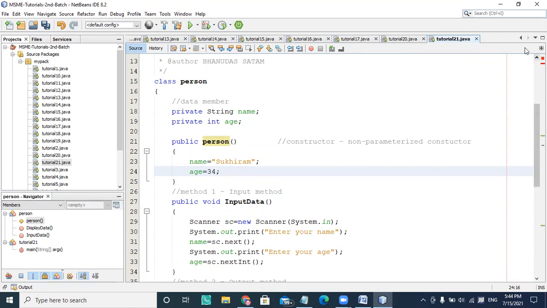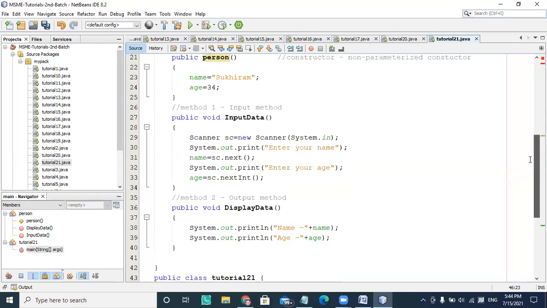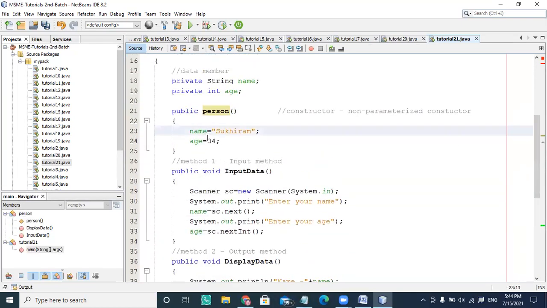So whenever I'm not calling any input data, at that time my constructor is initializing the data, whatever data I'm assigning here. Every object is going to initialize with this constructor, and it is assigned the name Sukhiram and age is 23.